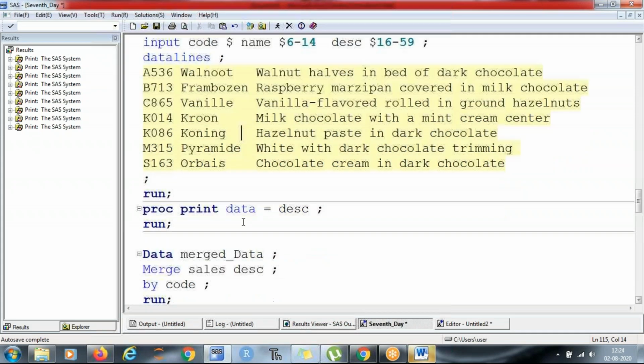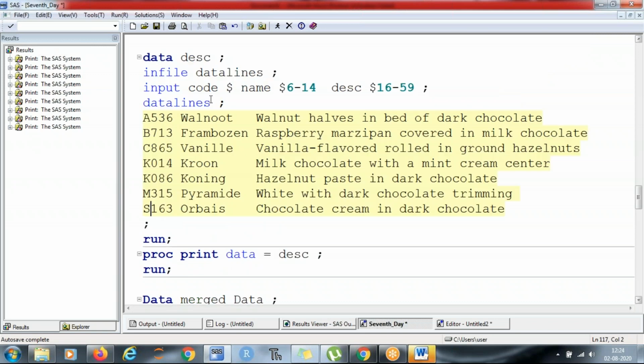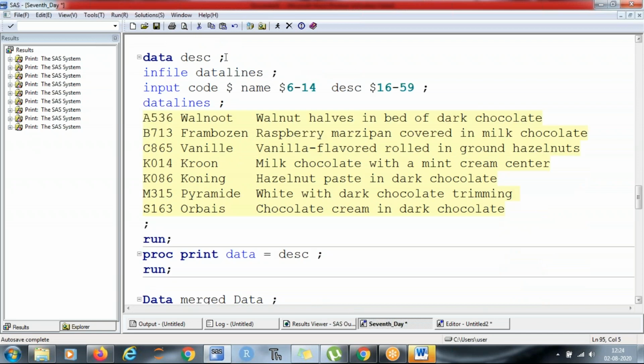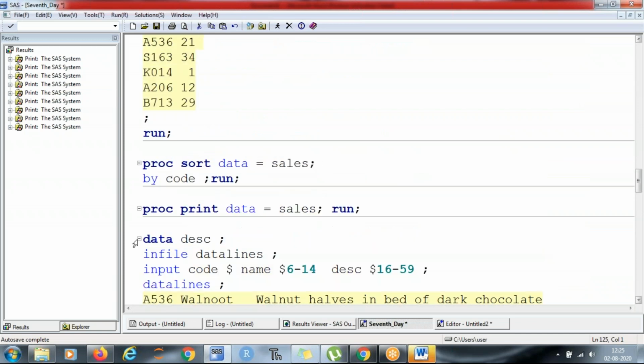Okay, by the time it's opening, let me tell you one more thing, which is that to merge a data set, we use the keyword merge and we use the keyword by. तो किस किस डेटा सेट को मर्ज करना है और किस की पे करना है मर्ज. तो आप ज्वाइन तभी कर पाओगे जो दोनों जगह आपको सेम इंफॉर्मेशन मिलेगी कि 5163 के अगेंस्ट 5163 का डेटा लेके आओ, राइट? कितना सेल हुआ, तो आपको कॉमन वेरिएबल चाहिए, right, which will be used in this code, and you need two data tables that you will use in the merge. All right, but since we are using a by keyword, we need to sort our data.